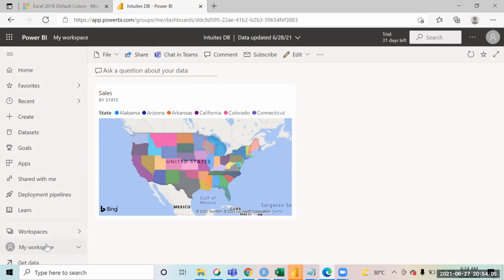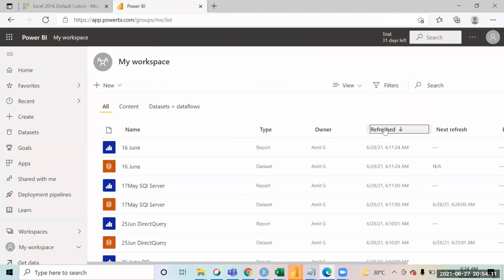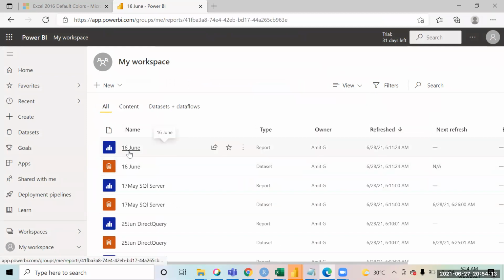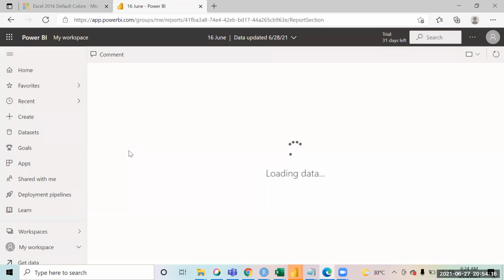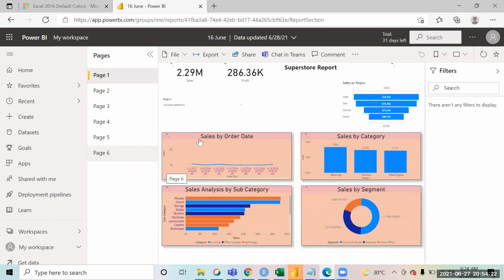Now, similarly, you can go back to my workspace and open that report again. In this report you see that there is another chart as well. I'm not sure why these options are not coming at the top of these charts.